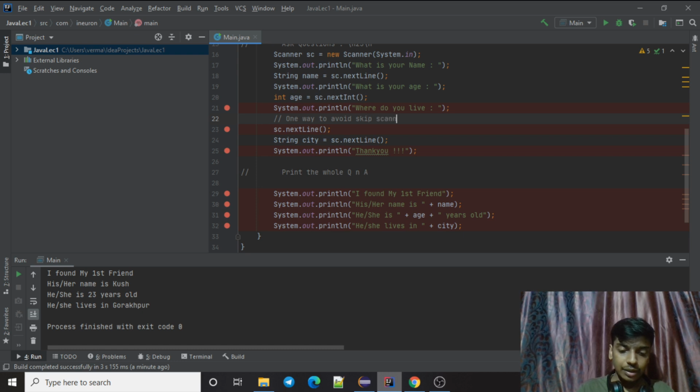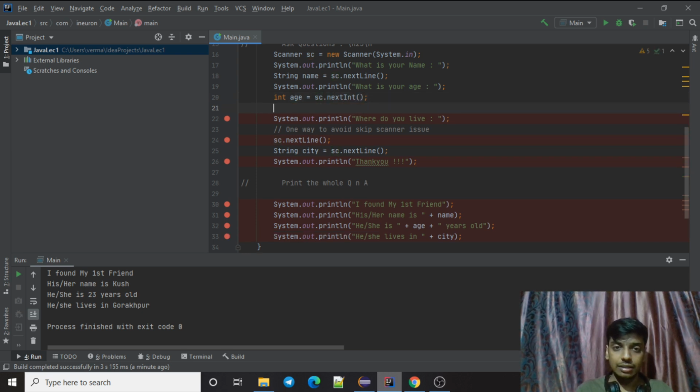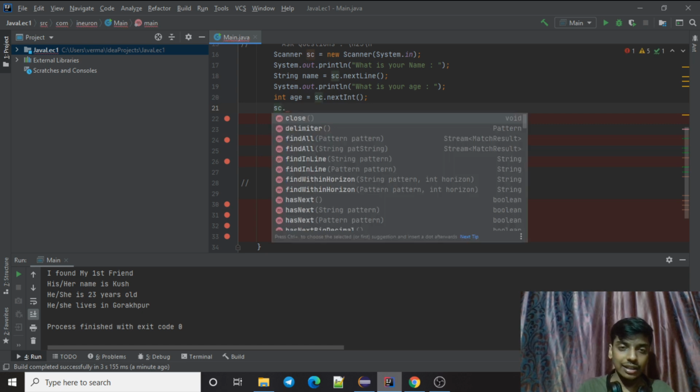the scanner skip issue. You will face this issue every time if you are using sc.nextLine after sc.nextInt or sc.nextFloat or sc.next character, because other than sc.nextLine, no other command advances the cursor.